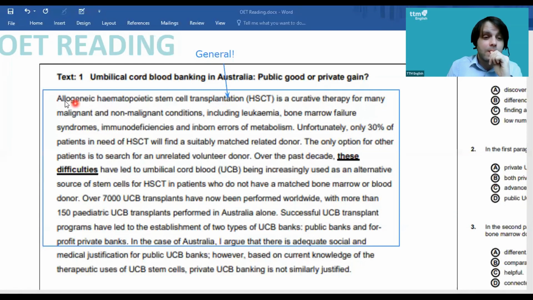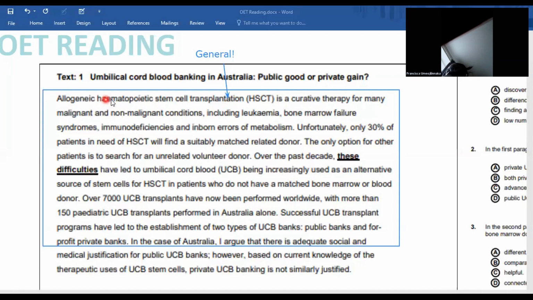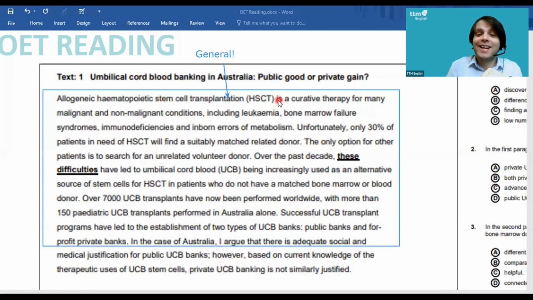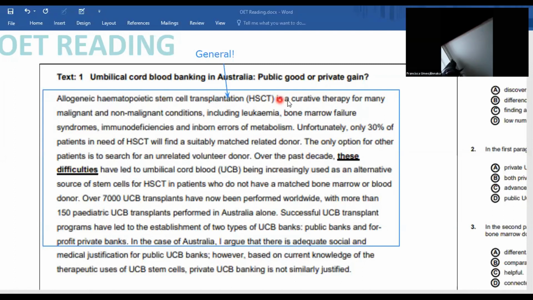Yes, please. Allogenic hematopoietic stem cell transplantation. Transplantation is a curative therapy for many malignant and non-malignant conditions, including leukemia, bone marrow failure